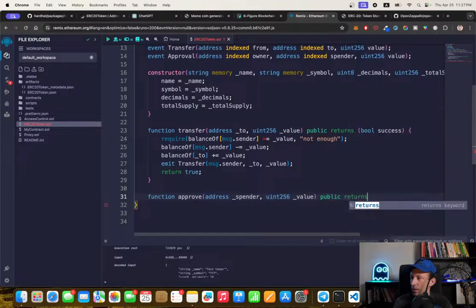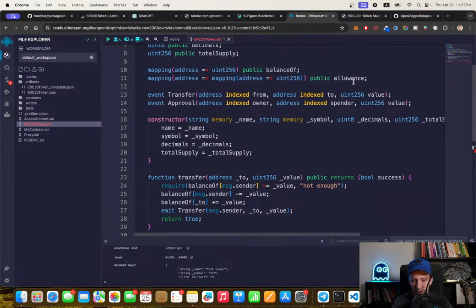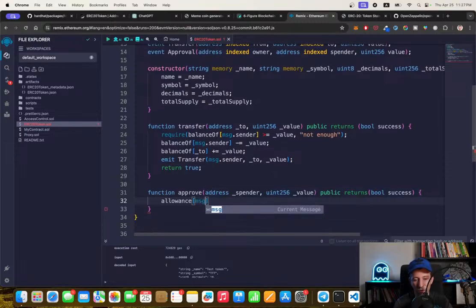And here we're gonna return true if this is working. So first of all, we are going to update the allowance mapping. So yeah, here we've defined the allowance mapping. And so first the allowance of the spender